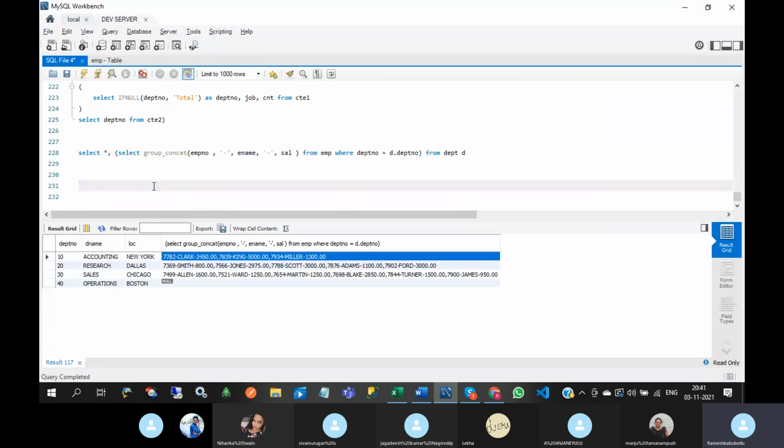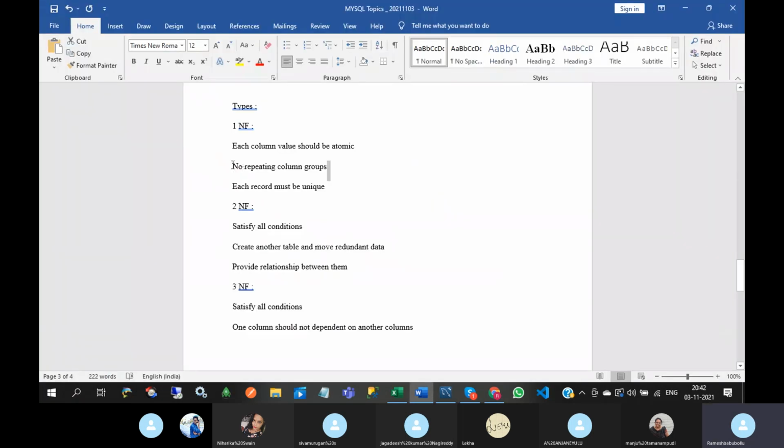Assume the table has dname and location, and under this department number one employee name is there, another employee name, another employee name. If you create the columns like this, it will not look good. That's why the second point is no repeating column groups.